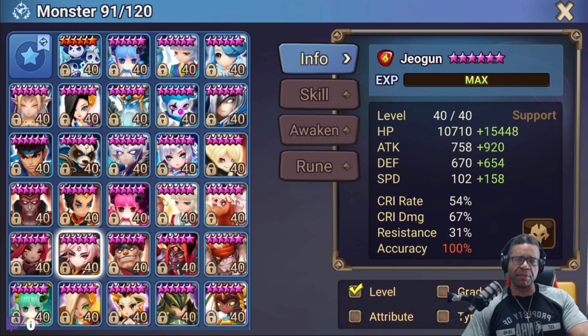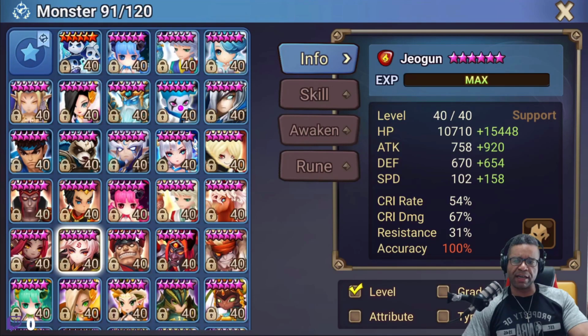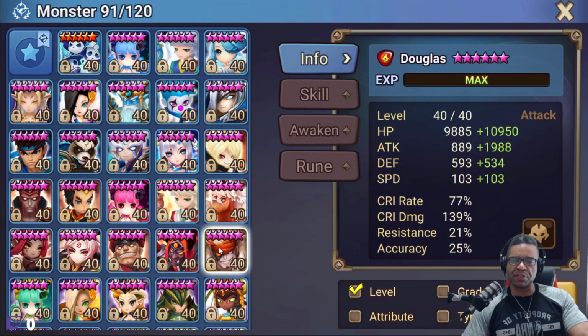Now, as far as some other pay-to-win options here and ways to counter him, I think probably the easiest one to talk about, outside of making your units heavy attack,